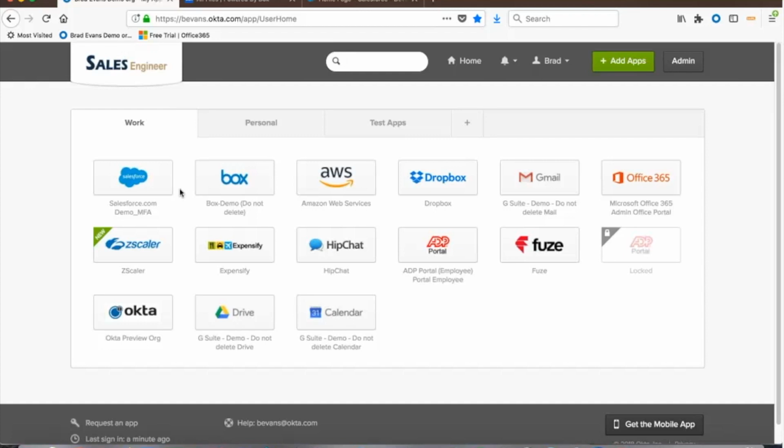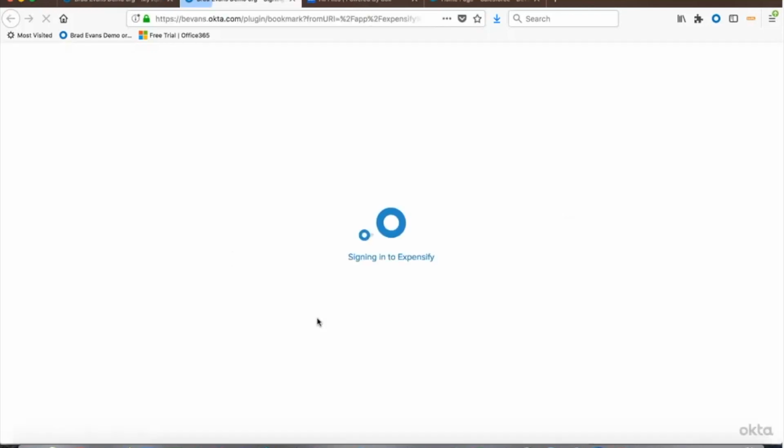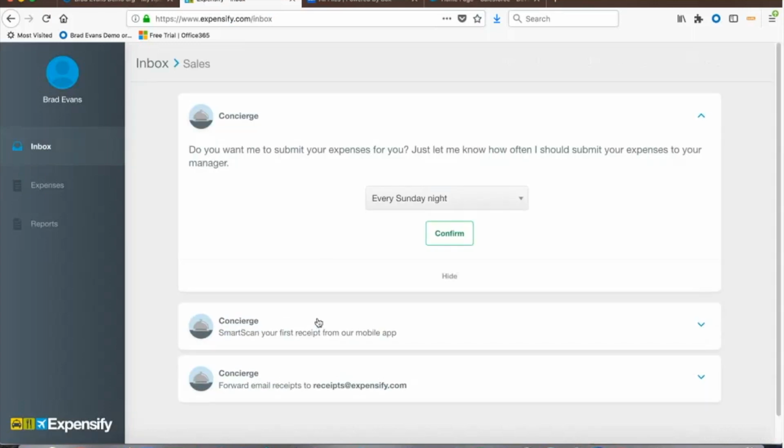Now, with SSO, though, there are also applications that aren't federated, they don't have the current technologies. So if I were to look at Expensify as an example, you'll notice here, as I click on Expensify, you'll see a login screen pop up. My credentials are automatically put into those screens, and the enter button is selected for me. So the difference there is that's what we call a forms post or a secure web authentication, where we store the user's credentials in an encrypted fashion for that particular instance. And then when the user clicks on that, we'll go ahead and decrypt those and post them for them to